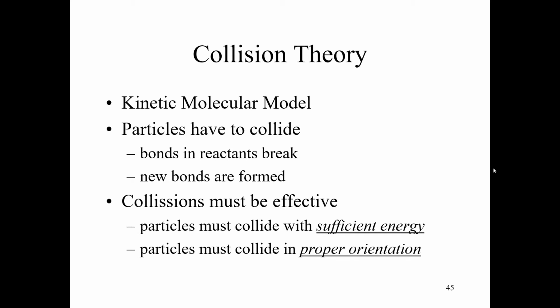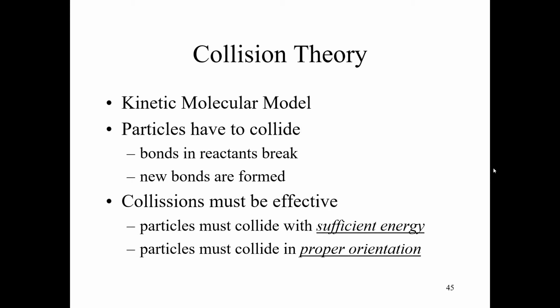Okay, it is time for us to propose a model or theory to explain how chemical reactions happen, so we can reconcile this model with the data that we've obtained from our study of chemical reaction rates. This is called collision theory. It is based on the kinetic molecular model that you perhaps studied in Chem 1A when you studied the properties